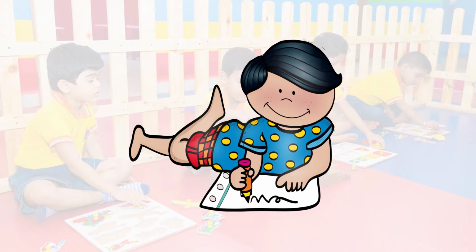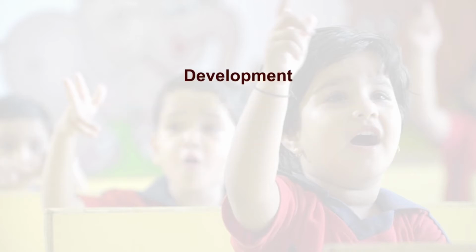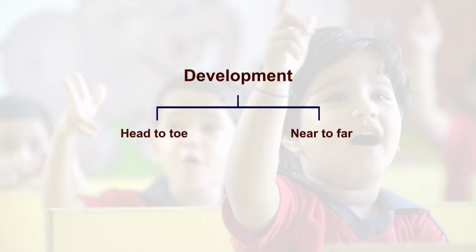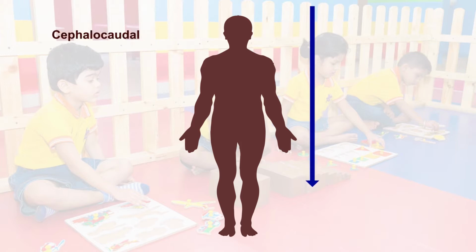And the second principle is that developmental changes are predictable as it follows a certain sequence and specific pattern. In general, the development proceeds in two directions. What we call the development from head to toe and the development from near to far. Look into the illustration. The development proceeding from head to toe is referred to as cephalocaudal pattern of growth, wherein